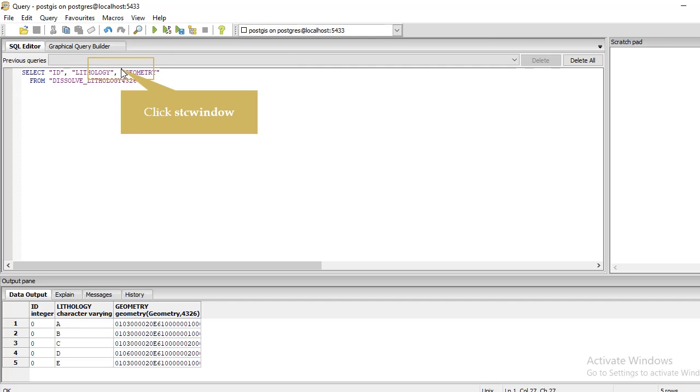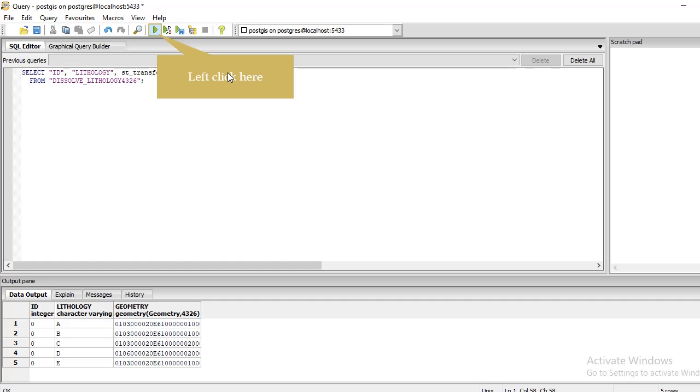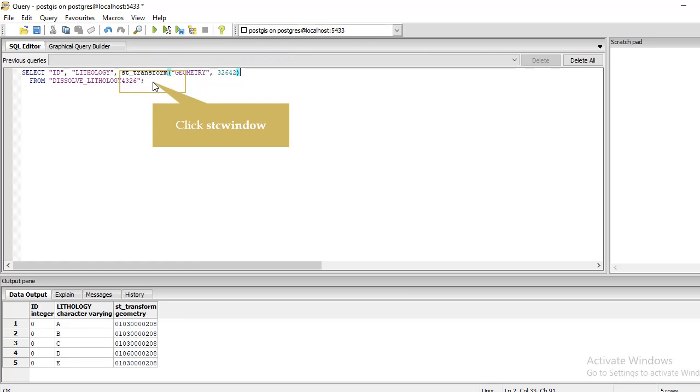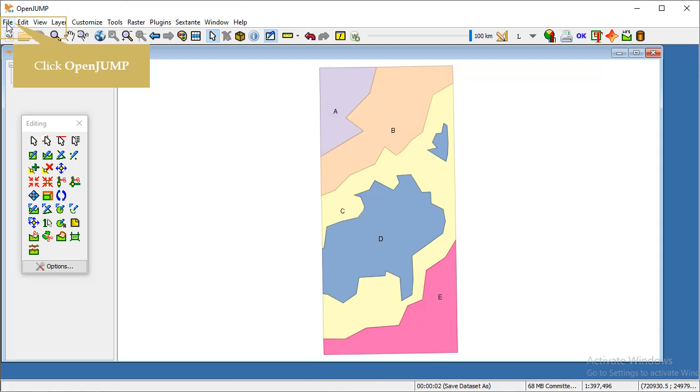So it has 2 fields. One is the ID field, the other is a lithology field, and besides these 2 fields there is a geometry field. If I ask to transform my geometry, ST_Transform this geometry from 4326 to 32642, and see the result, a very similar result. The geometry location has changed, but the geometry is shown in hexadecimal values, so we are not able to identify it. But if I take this formula or this syntax to OpenJUMP and make a database query,